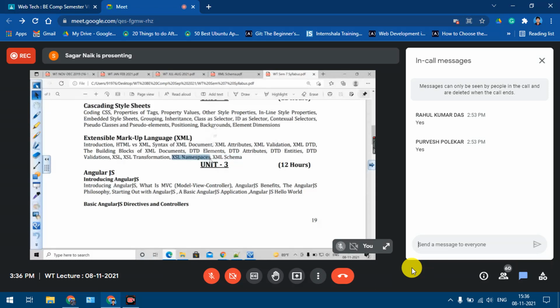Yeah, I need at least half a lecture for namespace, and then the one more topic that is going to remain is transformations. Okay, so 3 lectures. This one is 4 and 5, 6, 7. I'll take 8. So at least 8 lectures I need to cover this part now.